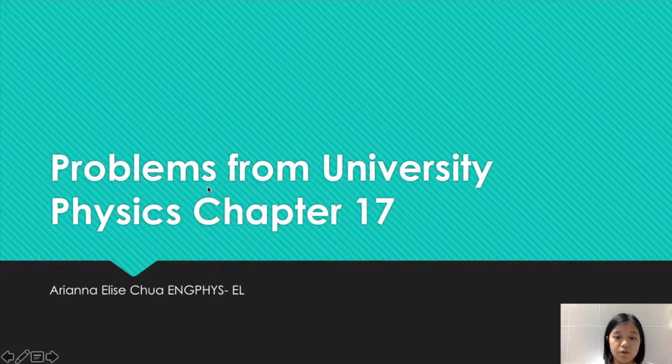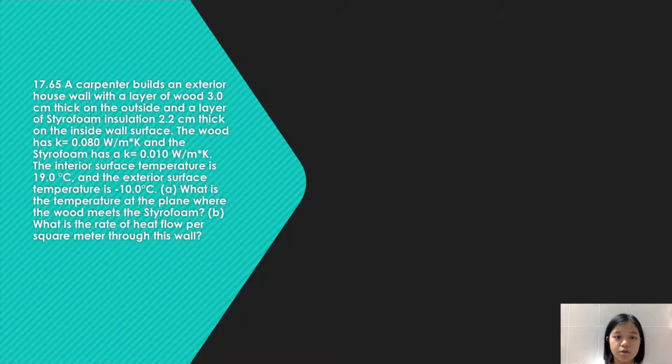Today we're going to discuss 3 problems for University Physics, Chapter 17. Let's get started. 17.65. A carpenter builds an exterior house wall with a layer of wood 3 cm thick on